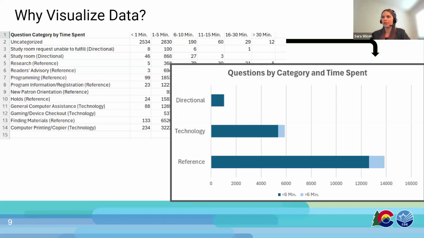And what this data shows is the number of questions asked in each question category, sorted by how long it took to answer the questions. And I know, obviously, for the sake of making the visualization large enough, I have covered up part of the spreadsheet, so I apologize for that.